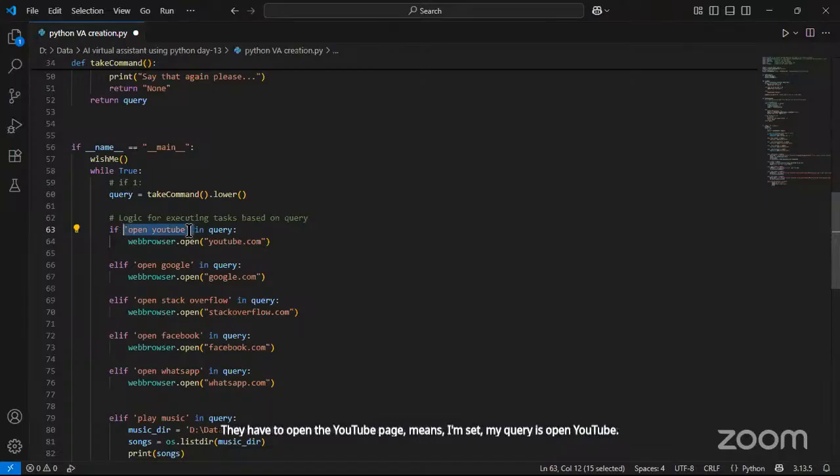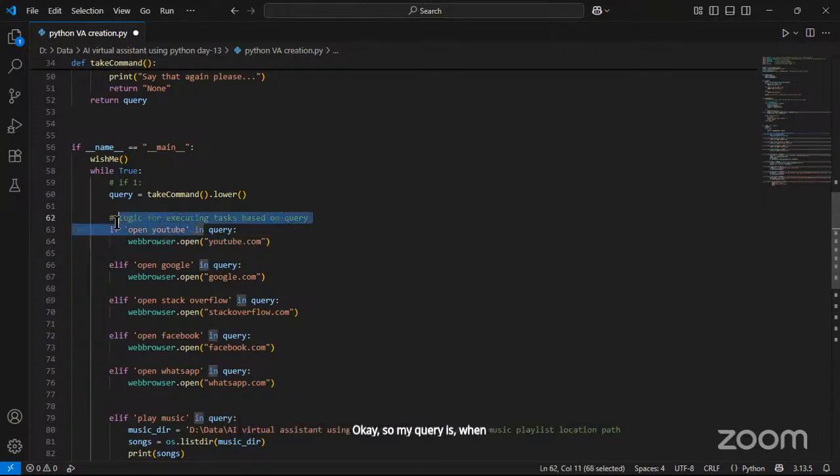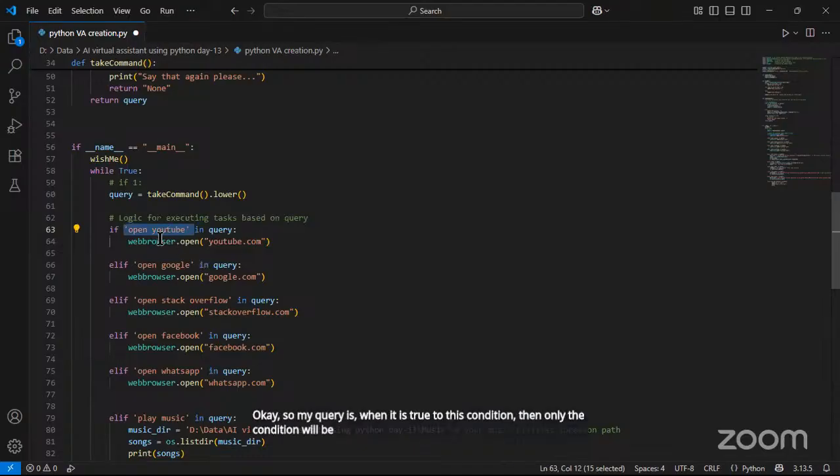When this query matches properly, only then will YouTube open. If I give another command, like "opening YouTube" or "opens YouTube," it does not respond to my query. When the condition is true, only then will it be applied. Automatically, the web browser will open the YouTube web page.